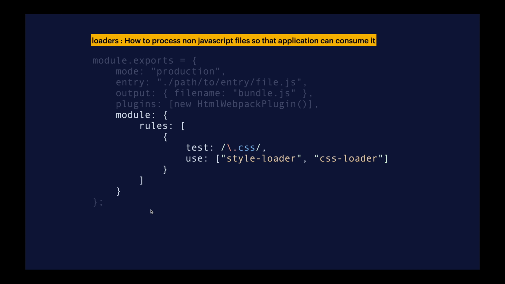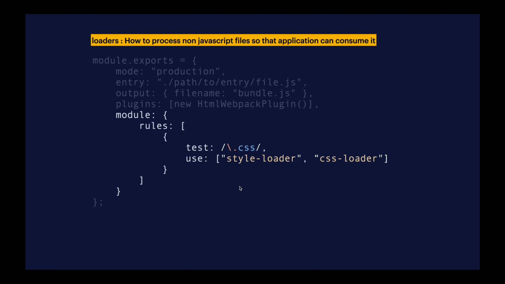We will see how this HTML Webpack plugin works later in this video. And at last we have loaders. Webpack understands only .js files. It fails to process any non-JS files like CSS files and TypeScript files. So with the help of loaders, we can provide some instructions to Webpack as a rule to use some loaders when it is processing some non-JS files. With the help of the test property, I can match the file on which I want to do some processing. And with the help of the use property, I can apply those loaders. Here, css-loader helps in converting the CSS files into a module, and then style-loader will inject these styles into the DOM.